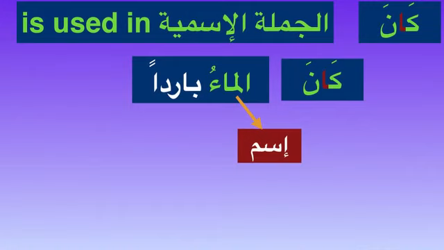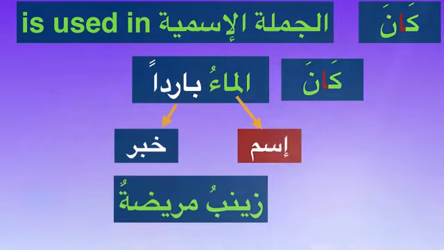If I bring an example from Dr. Abdul Rahim, it says al-ma'u baridun. The water is cold. If you want to say the water was cold, in the past tense, which means if you bring kana, what will happen? The mubtada will become ismu kana and the khabar will become khabar kana. We know the khabar kana is mansoob. So what will happen now? Kana al-ma'u baridan. It will become mansoob. Kana al-ma'u baridan. The water was cold. Al-ma'u is your ism and baridan is your